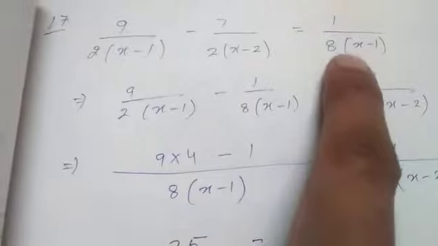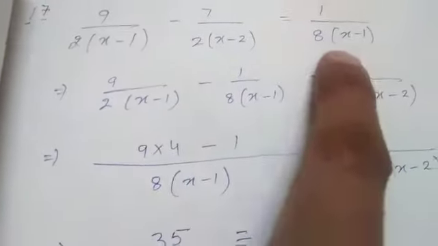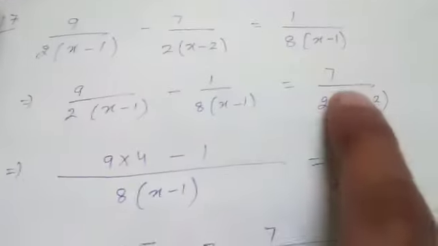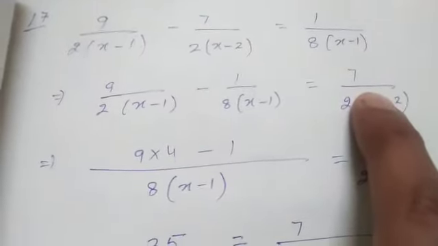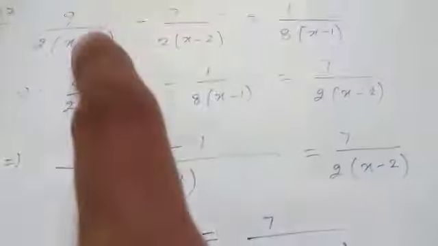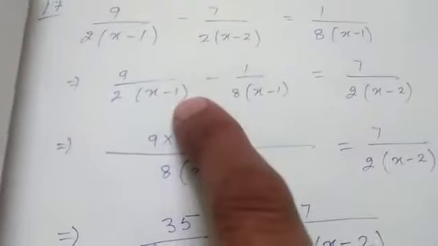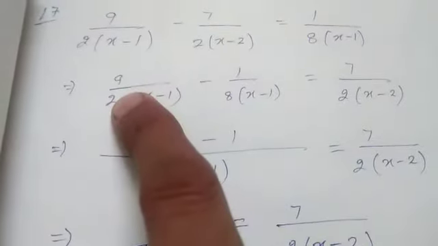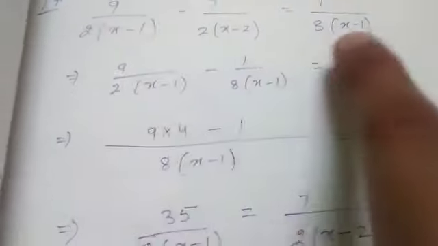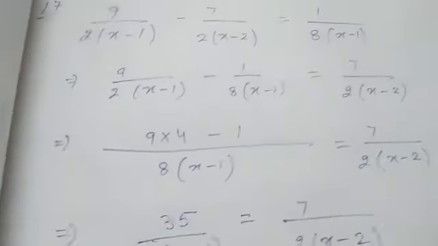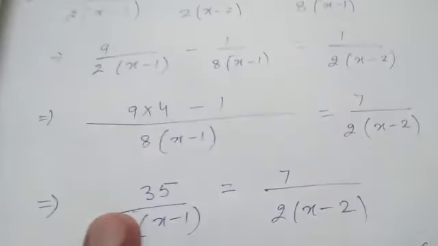First you try to collect these terms which have the same denominator on the same side and replace this towards that side. I mean towards the right hand side, and these two towards the left hand side. It is not compulsory to put these on the left hand side, but one side has the denominator x minus 1, which is the same, and the other side is this. This is the key point of this question. Otherwise a mistake will be there.